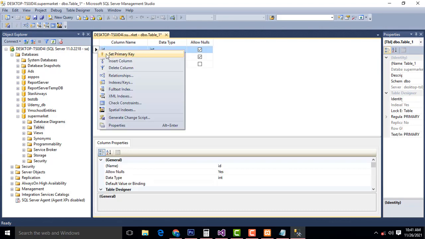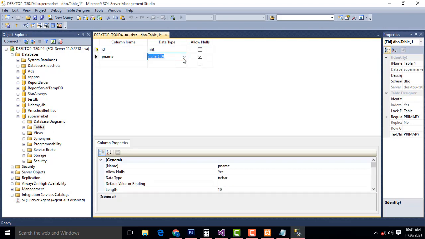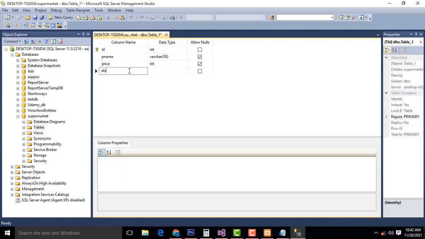This ID should be primary key. Set primary key. Product name should be the varchar. After that, price and discount. Price is int. Discount is int. You have to type as int.